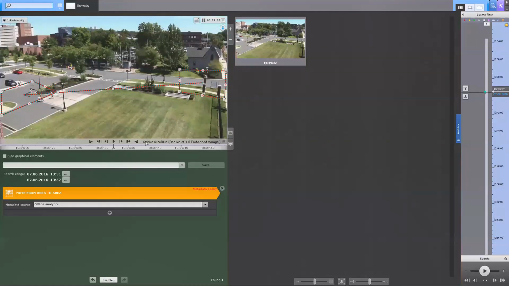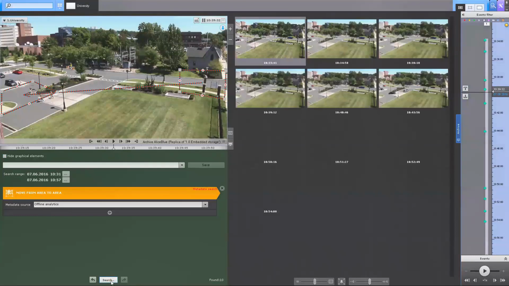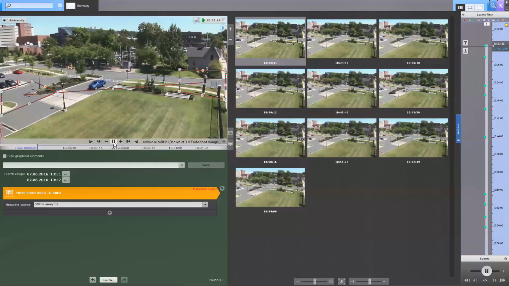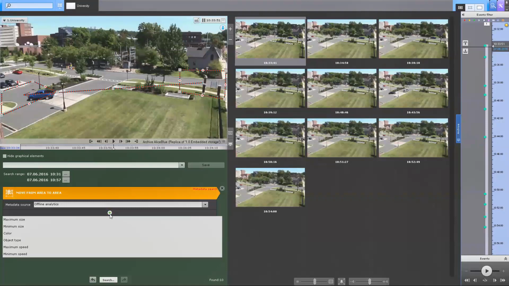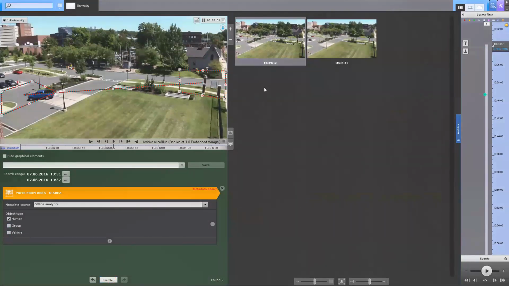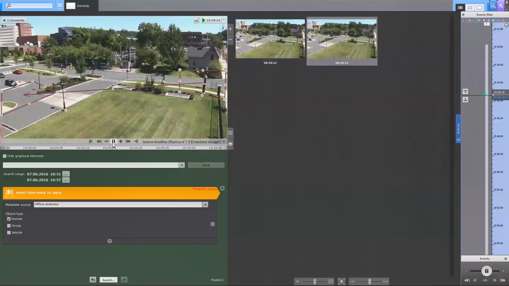Once we've pressed search, as you can see on the screen, we have search results where a blue car in our example moved from one zone to another. Then we're going to apply another filter, which is a human. As a result, we see just a person that actually moved from zone A to zone B. This is just a few examples, but you can have many different scenarios depending on your needs and requirements.